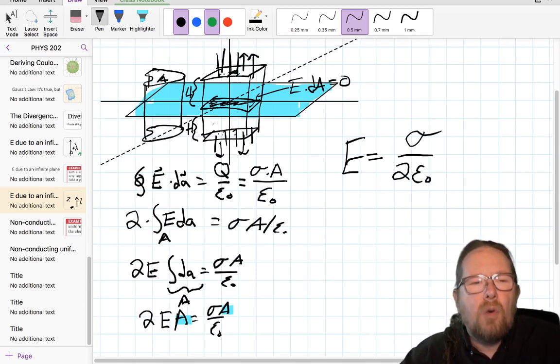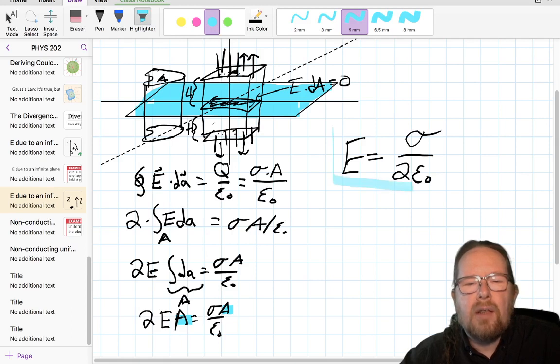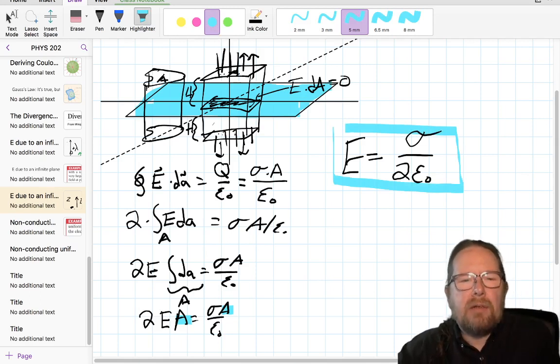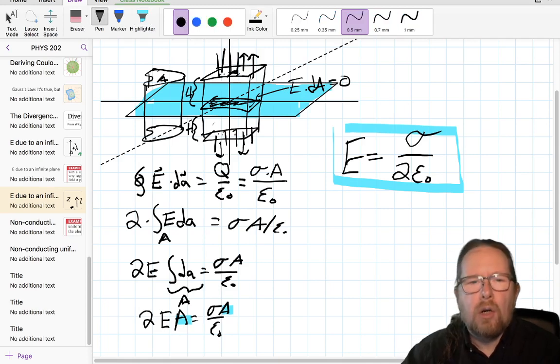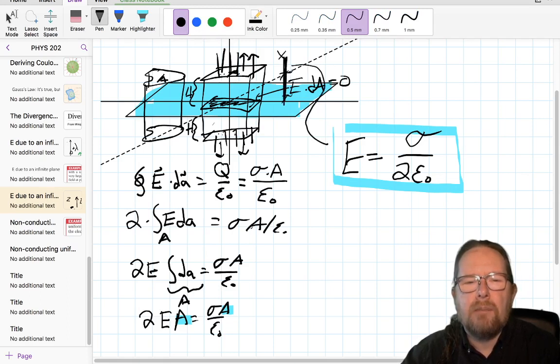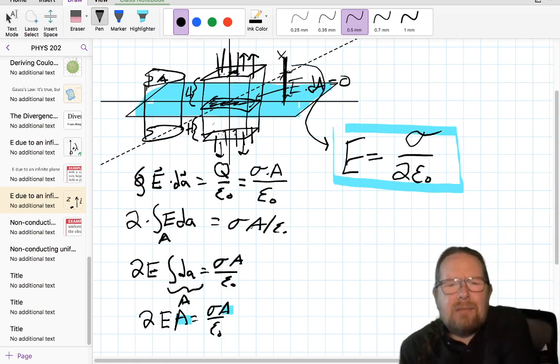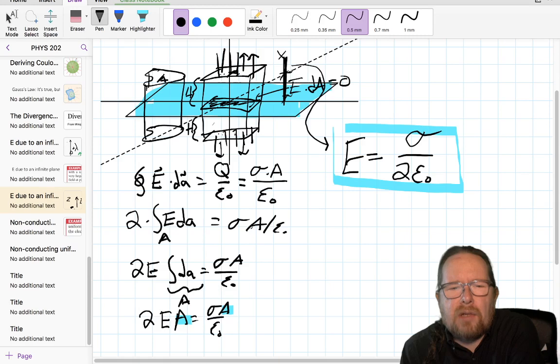Notice, nowhere in this calculation did the height of our box enter into the question, which means that the electric field of this infinite plane does not depend on how far away you are from the plane. Whether you are close to the plane or far from the plane, the electric field is the same, constant. That may seem like a counterintuitive or surprising result. I'm not sure I can rationalize it to you right now and explain why that's the case, but if you